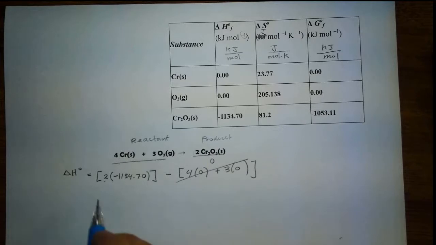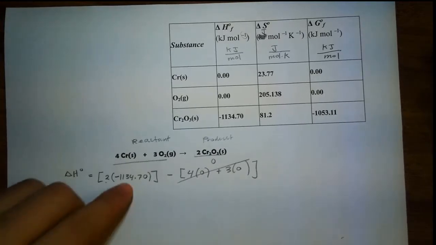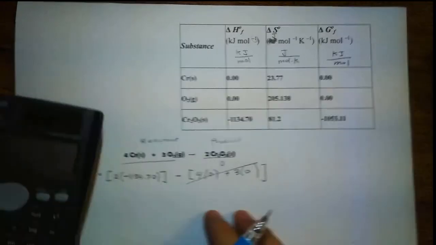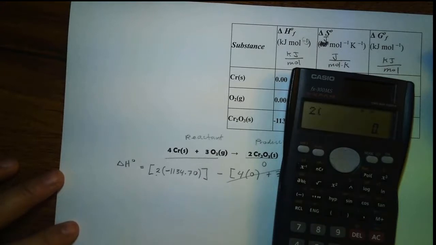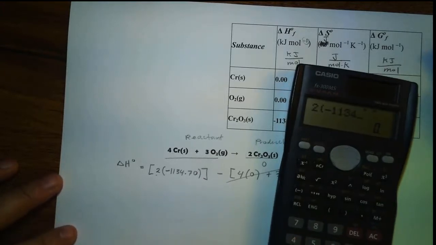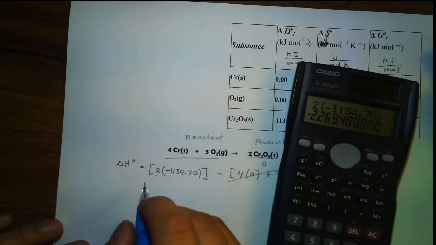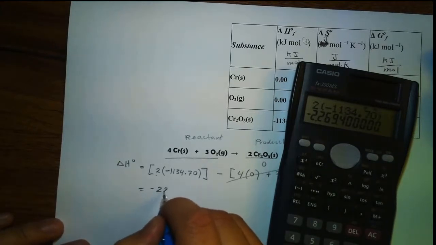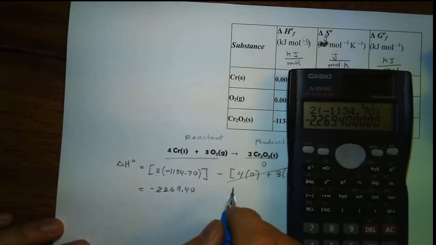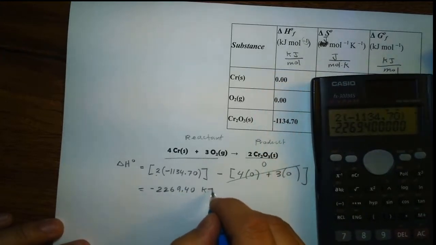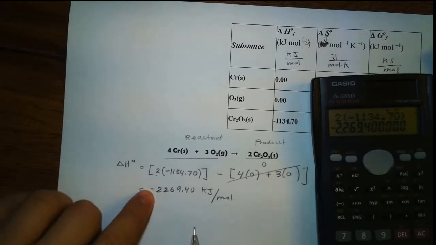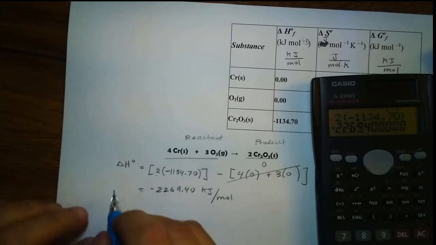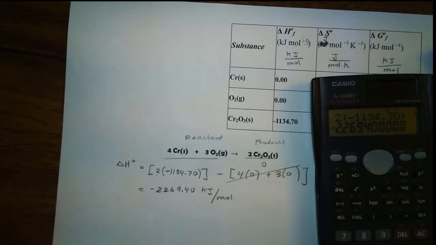So our final answer is pretty much just this part, right? And anything minus 0 will equal itself. So in this case, I just plug into the calculator: 2 times negative 1134.70. And then we get our answer equal to negative 2269.40. And what's the unit for it? It is kilojoule per mole. That's for delta H. And what does that tell you? Negative delta H tells you we have a negative Q, which in this case is an exothermic reaction, or